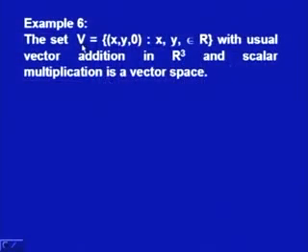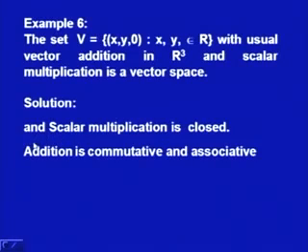Another example, we have a set V consisting of vectors in R3, (x, y, z) with z equal to 0, where x and y belong to R, with usual vector addition in R3 and scalar multiplication. This set with usual vector addition and scalar multiplication is a vector space. Now to prove this,